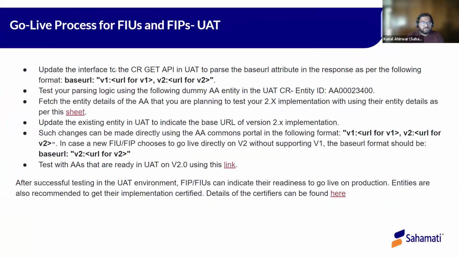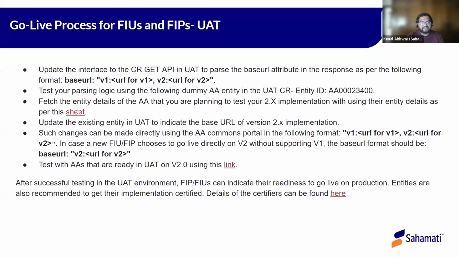And again, coming back to how the FIUs and FIPs are going to go live, the expectation is that entities that are ready to start testing in UAT update their base URLs in the UAT CR as per this format. Once that is done, they can test the parsing logic, because this is a different format of the base URL. They can test the parsing logic using these dummy entities in the UAT CR after they've implemented the Fetch API 2.0. Once you are confident that your parsing logic is working, your entity is ready to start testing with other entities in